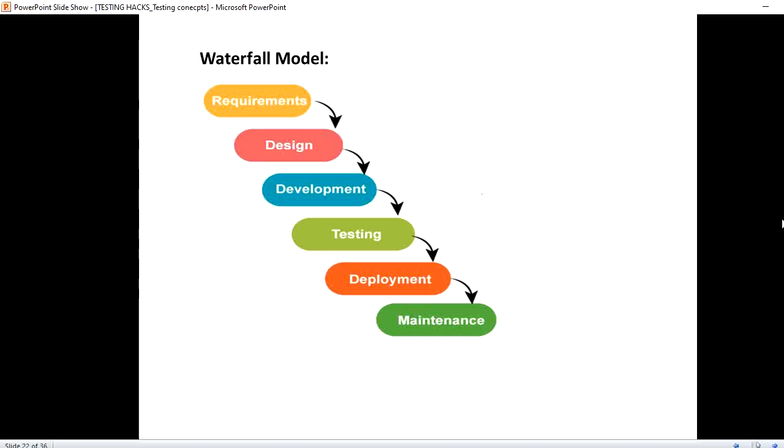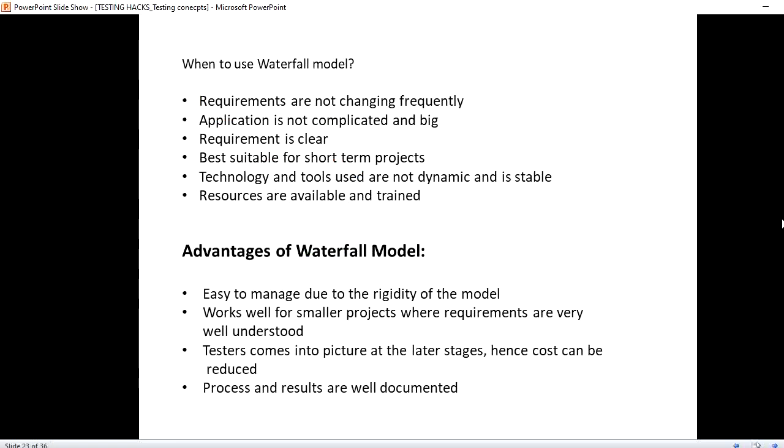Now, when to use the waterfall model. When you have already collected the requirements and they are frozen, it is better. What I mean is, when the requirements are not changing frequently, it is a best practice to use the waterfall model. Also, the project we are developing must be small, not a very big project, a short term project.